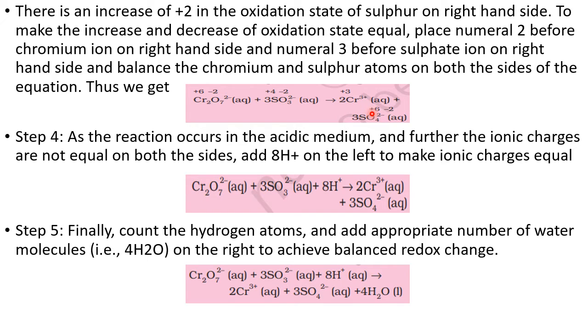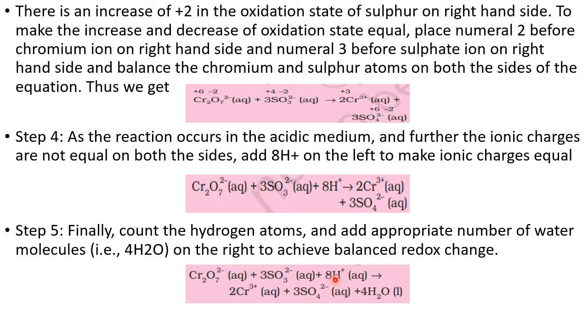Now what is the rule for balancing O and H when the reaction is taking place in acidic medium? When the reaction is taking place in acidic medium, where O is less, on that side we have to add those many number of water molecules. So on the RHS we find 4 O less, therefore we have to add 4 H2O on the RHS. That I have added here. By adding 4 H2O, I have balanced the 4 oxygen atoms. Now 8 H becomes more, no? So to balance the 8 H, I have to add 8 H+ on the LHS.